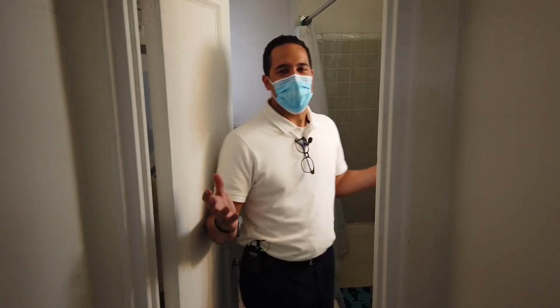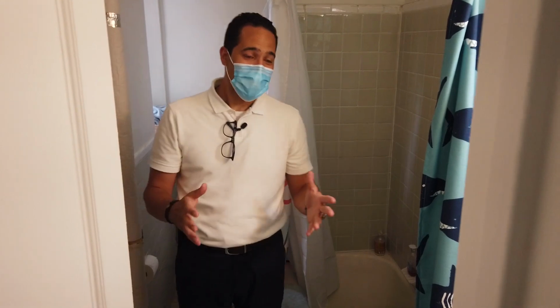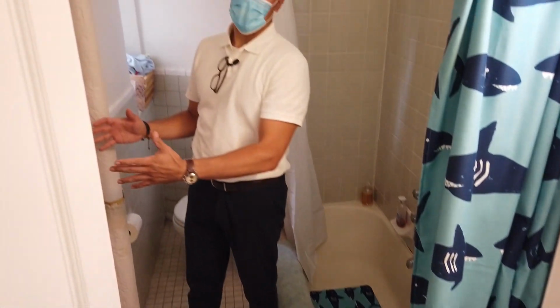Yeah, I know you're going to say it's just a bathroom, but this bathroom is awesome because we just came off the hallway, so this is the common bathroom. But take a look at this tub. It's huge. And aside from that, you've got another doorway, so this